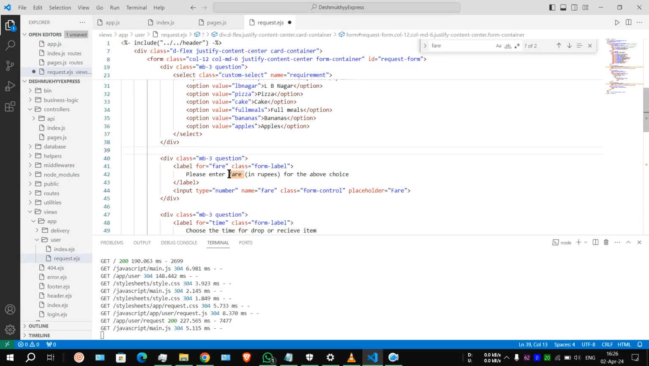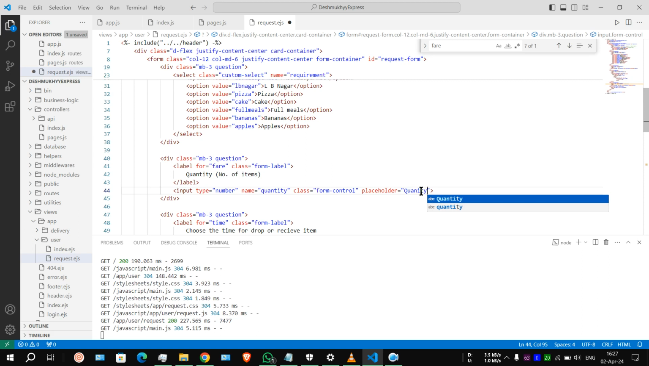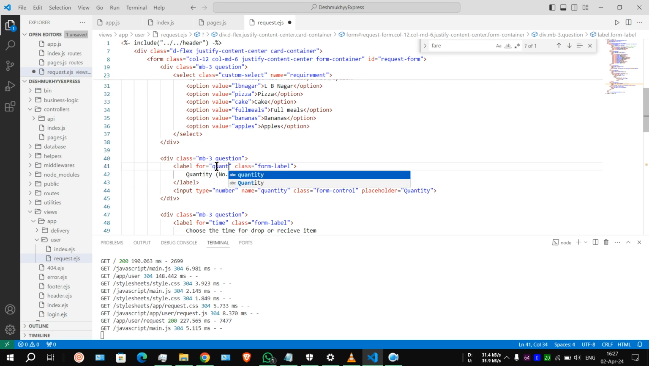I have to edit it to the needed requirement. So I am going to change this to view, whatever the label will be. So I am writing it as quantity, that is, number of items. Okay, and input type will be number only. My name is fare, the name should be changed. So let's say we are going to say it as quantity. Okay, and the placeholder should be quantity only, quantity. Okay, and this one should also be changed, quantity. Okay,